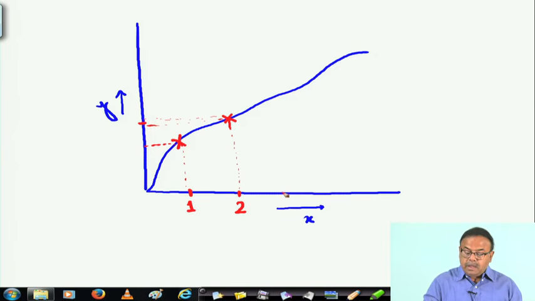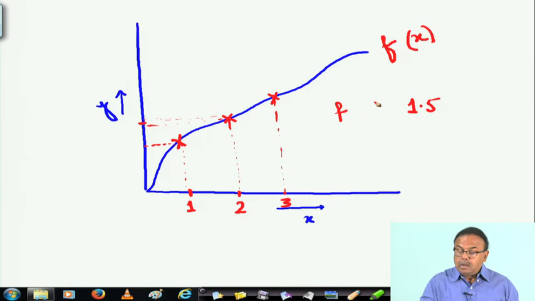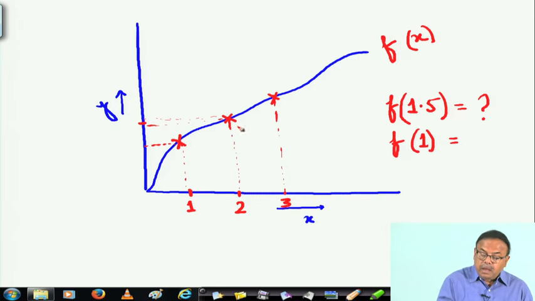Similarly, for 3, I am given a particular value of y, but I do not know what is the value of this function for 1.5. So, if I call this function f of x, then f of 1.5 is not known,